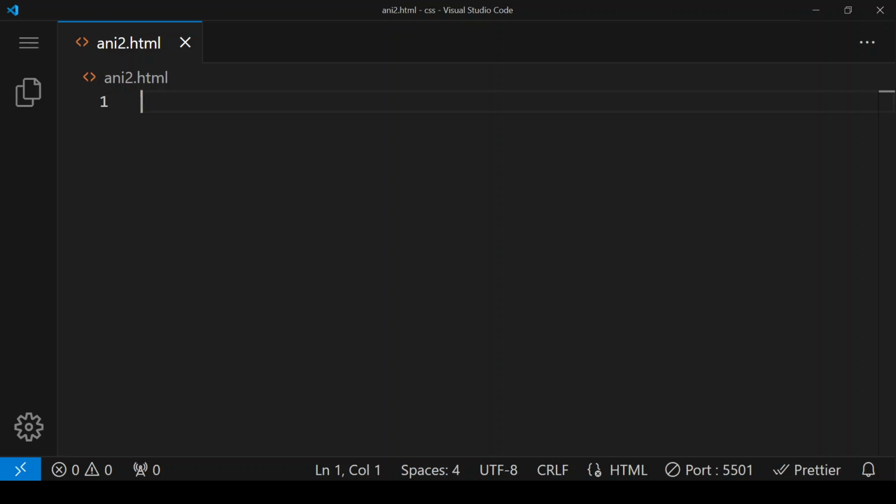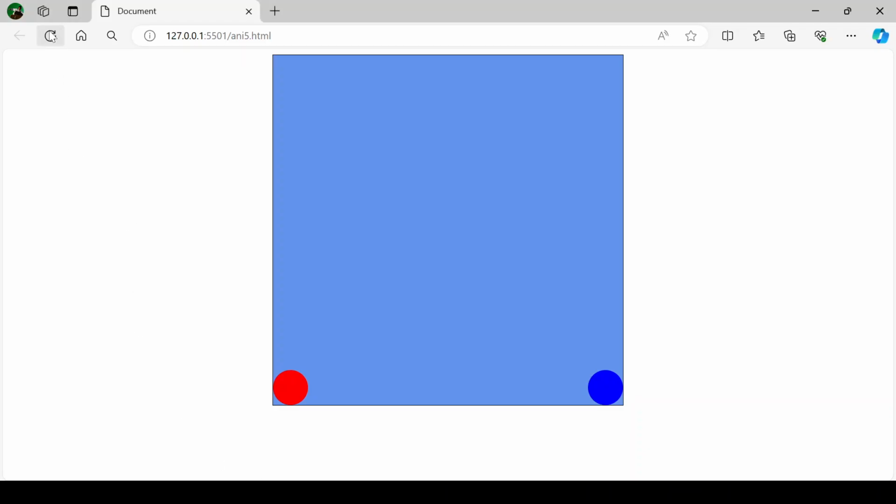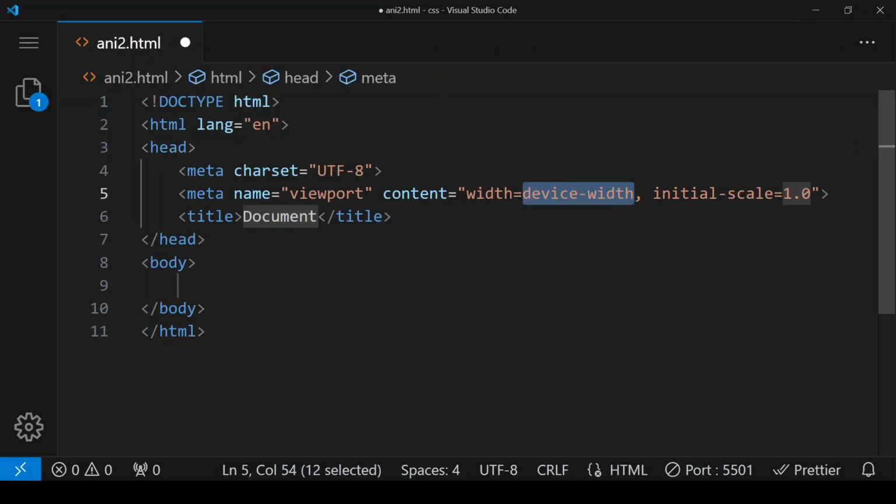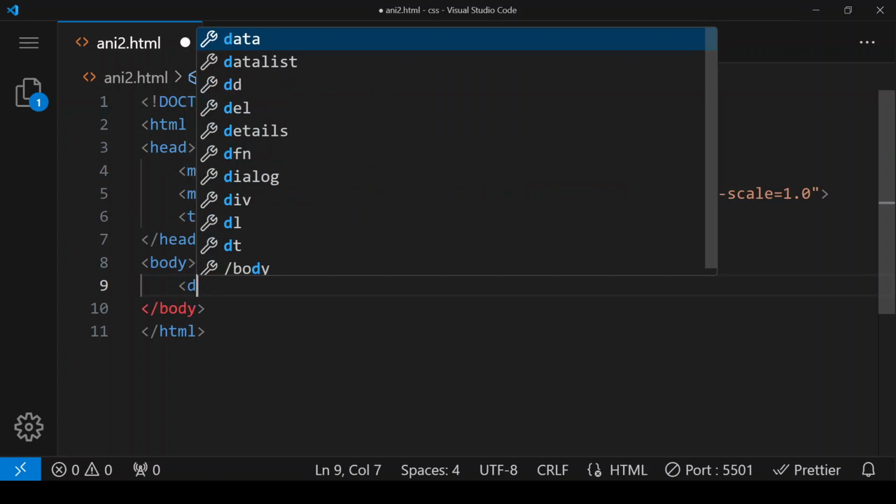Next in CSS, we are going to design this thing. We have a box in which we have two balls. This red ball is at the left corner and this blue ball is at the right corner. When they are bouncing, the red ball is going up to the top right corner and the blue ball is going up to the top left corner. So here is our basic HTML code, and in the body section we are giving a div